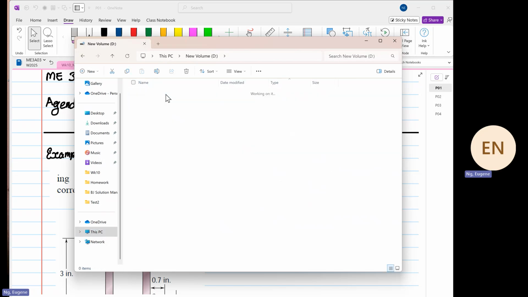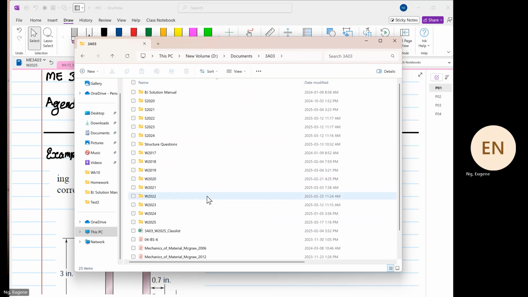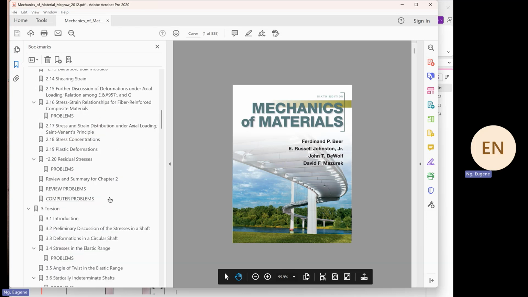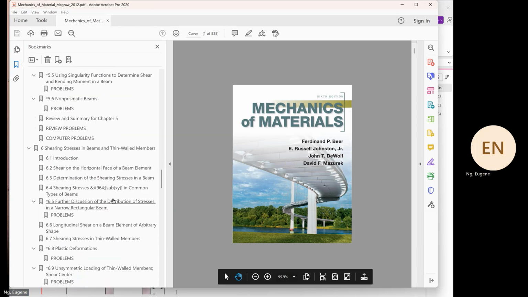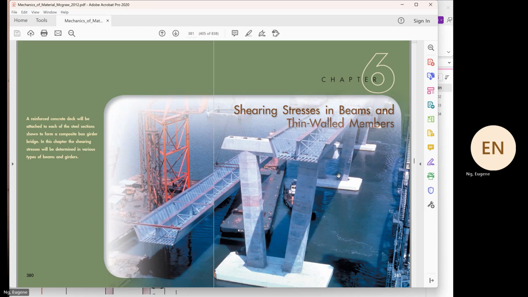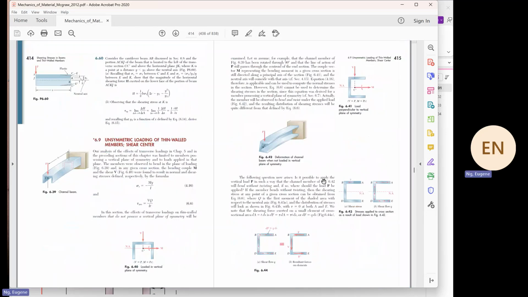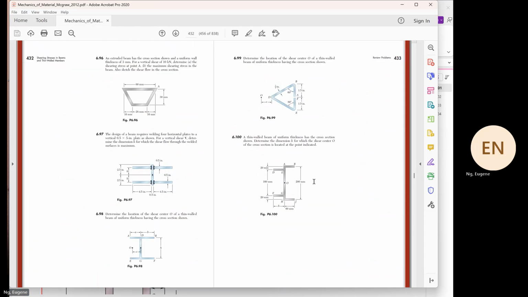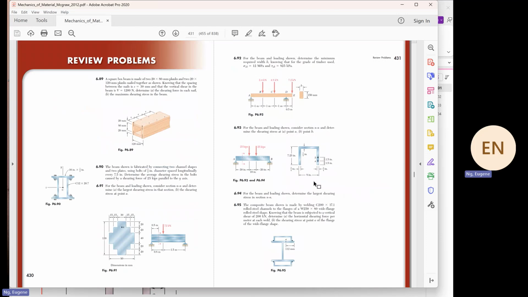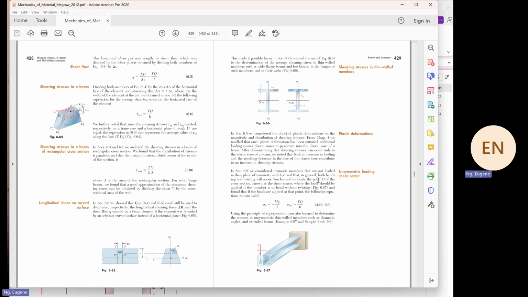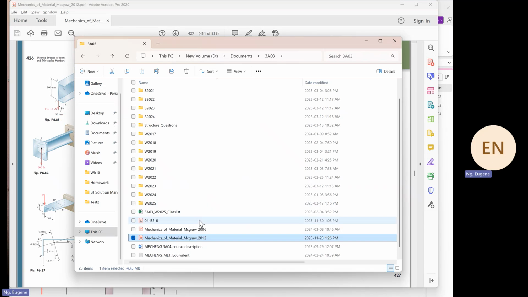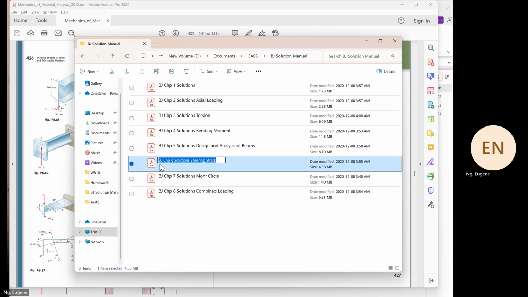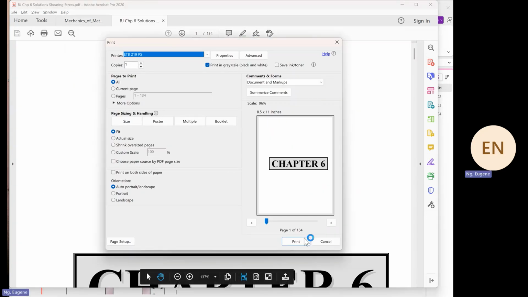If we go into the textbook, I hope it's in the textbook. So we go to the textbook of shearing stress. And if you go far down enough, oh, maybe it's not in this version. Yeah, it's not in this version. But if you go into the solution manual that you can download illegally,